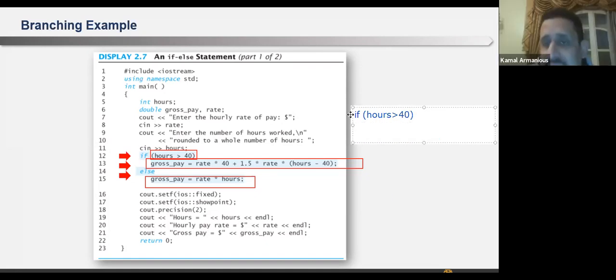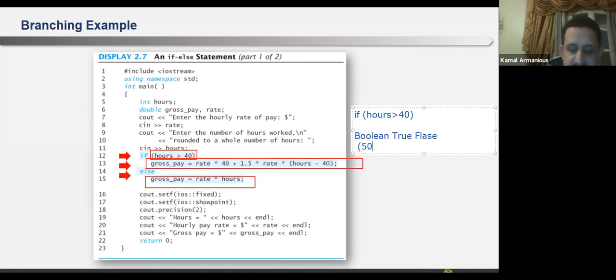A Boolean expression has two values, either true or false. So this expression, like an equation, will be evaluated to either true or false. Assuming the hours is 50, it will compare 50: are you greater than 40? Yes, I'm greater than 40.